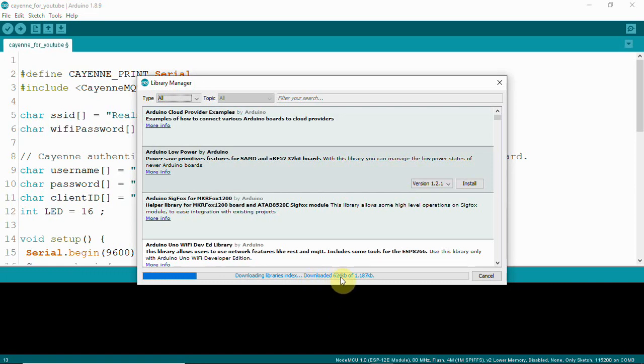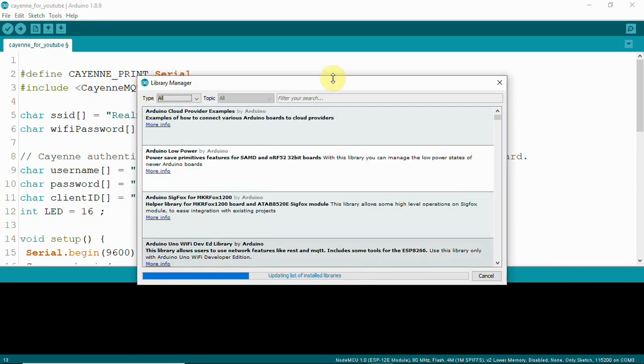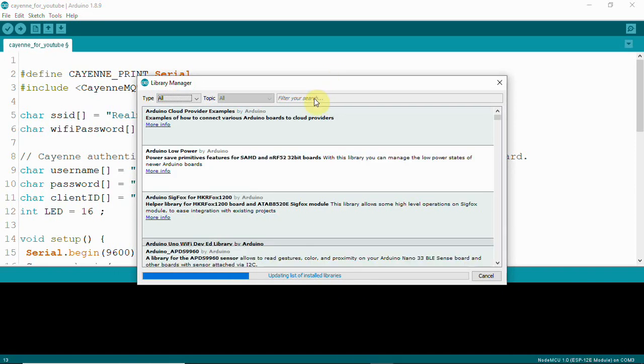Then you can wait for the libraries to be updated here, and after it is updated, we can search for the Cayenne library here.